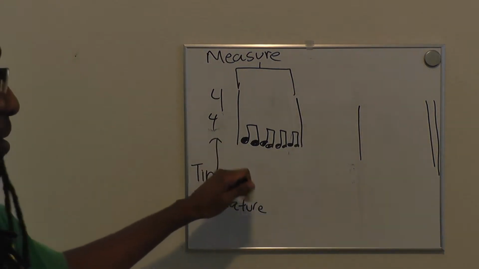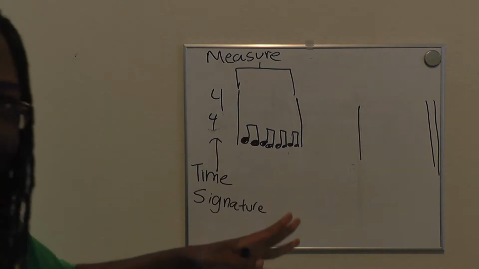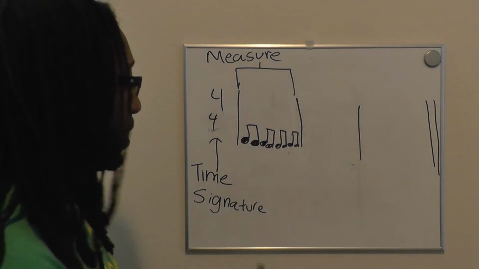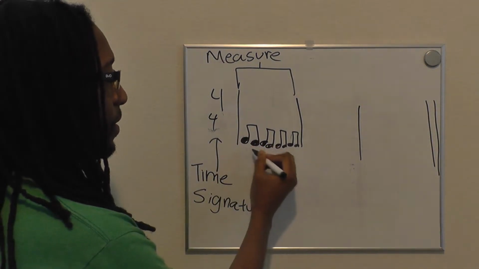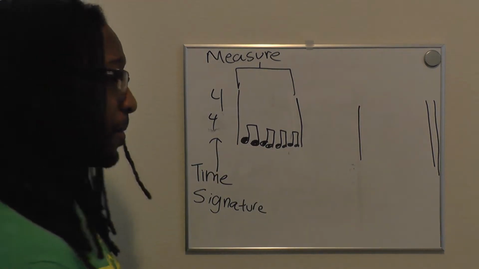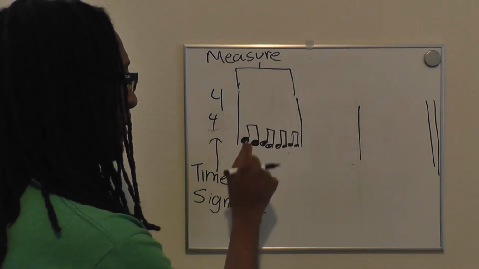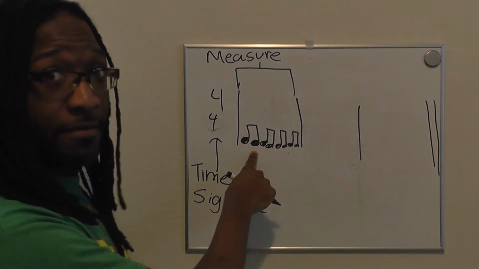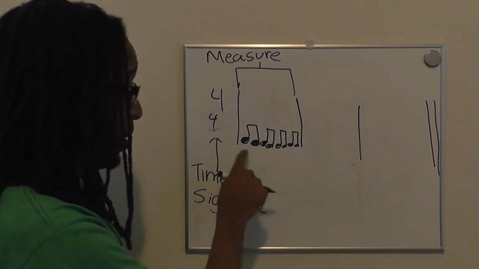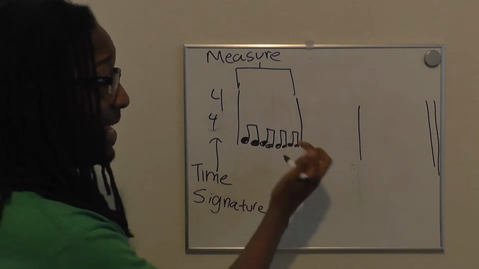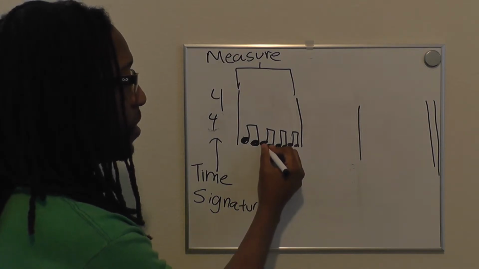Alright, so now I have my 8th notes. You see they start big and it gets smaller. That's just me writing. But anyways, these you would say a little bit quicker. So each one of these is worth 1/2 of a beat. Even though you see 8 notes are here, 1, 2, 3, 4, 5, 6, 7, 8, they still only take